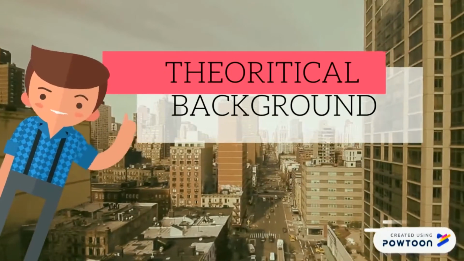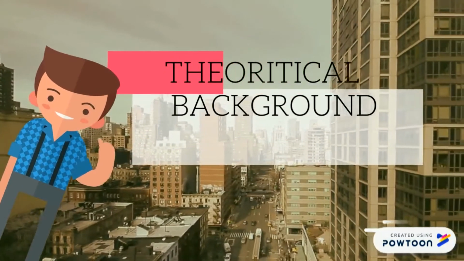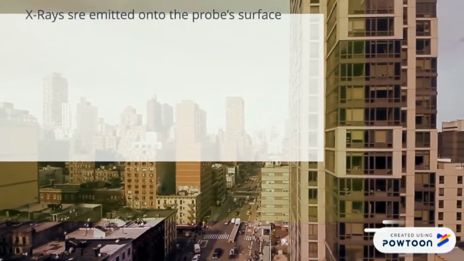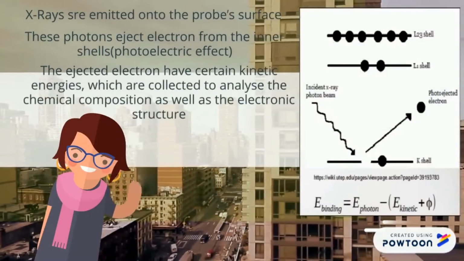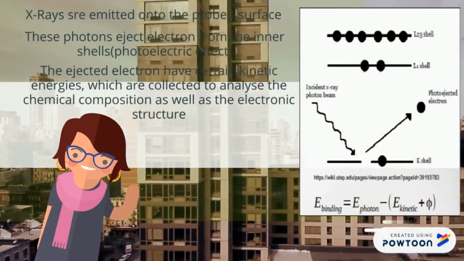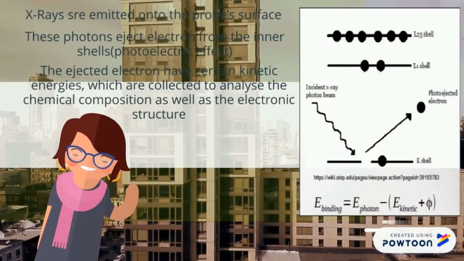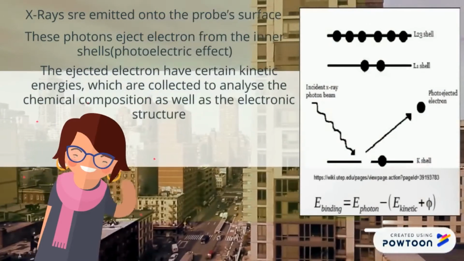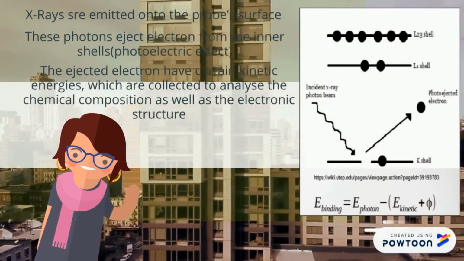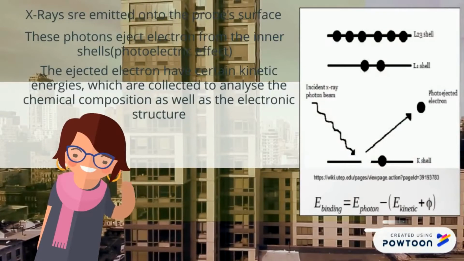Theoretical background of X-ray photoelectron spectroscopy. X-rays are emitted onto the probe's surface. These photons eject the electrons from the inner shells, which is the photoelectric effect. The ejected electrons have certain kinetic energies which are collected to analyze the chemical composition as well as the electronic